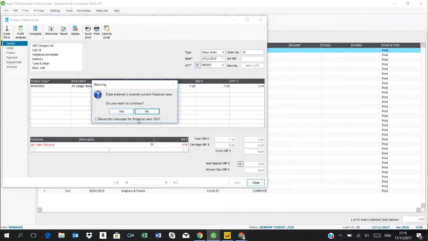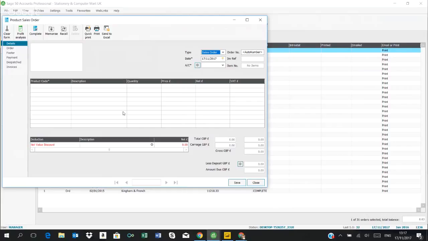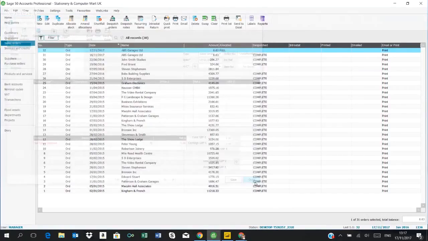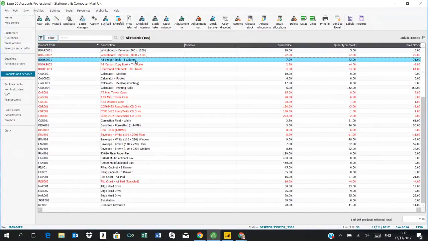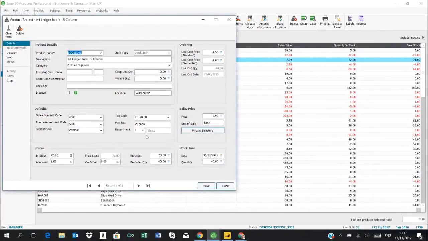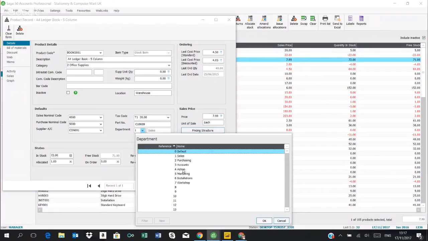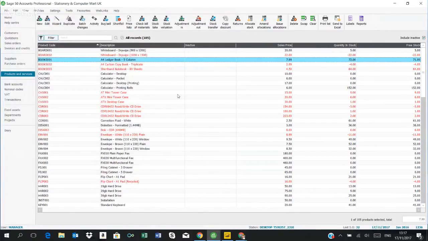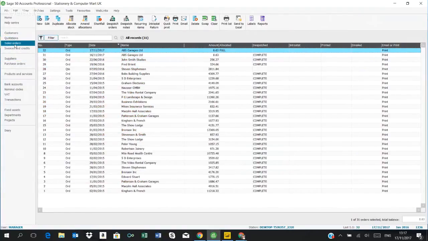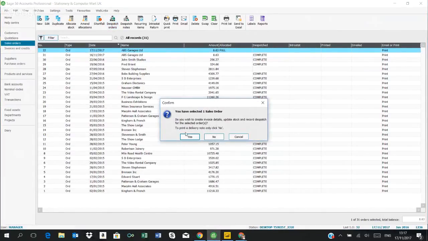Okay, you might ask why I want to do that, but there could be reasons why you want to do that. But also, if I look at the products table, if I look at this A4 ledger book as a product, I've got a default department number 1 for that product. And again, I can change that to admin. Now, if I go back to my sales orders and I choose to dispatch the order, therefore generate an invoice,